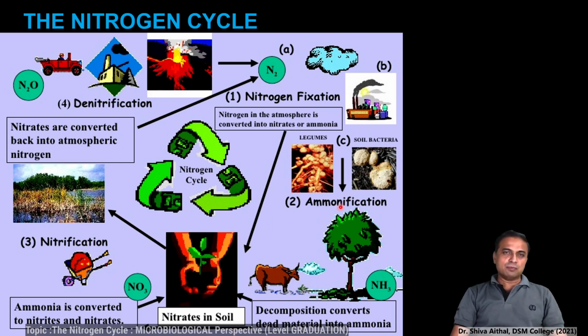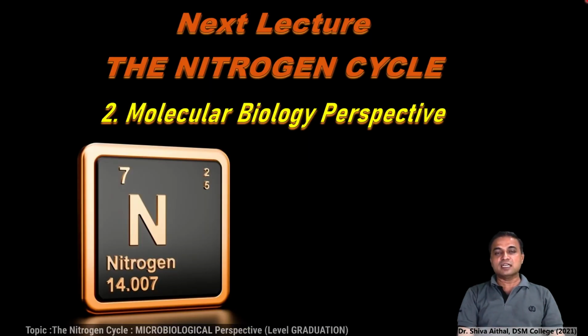Now one very interesting part of the nitrogen cycle is the genetic system involved in this. These are called the NIF genes. All these organisms, you saw the microbiology, the biochemistry and the enzymology of the nitrogen cycle. Now there is one small perspective which is called the genetics of the nitrogen cycle, or the molecular biological perspective of the nitrogen cycle. In my next lecture, the final part of this nitrogen cycle, we will see the molecular biology of the nitrogen cycle. I hope you are understanding this very interesting and beautiful natural cycle in nature,